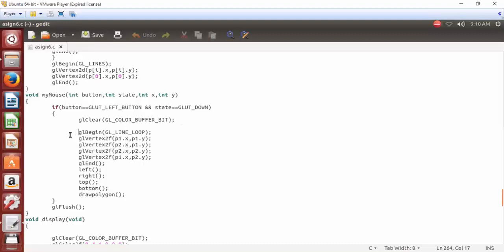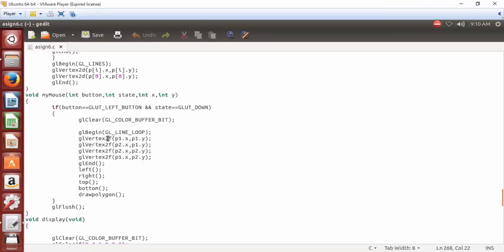You first clear the screen with GL clear, then GL begin and GL end line loop. You are again going to redraw. After clearing the screen, all your output is cleared, that is your window and the polygon which you have drawn.